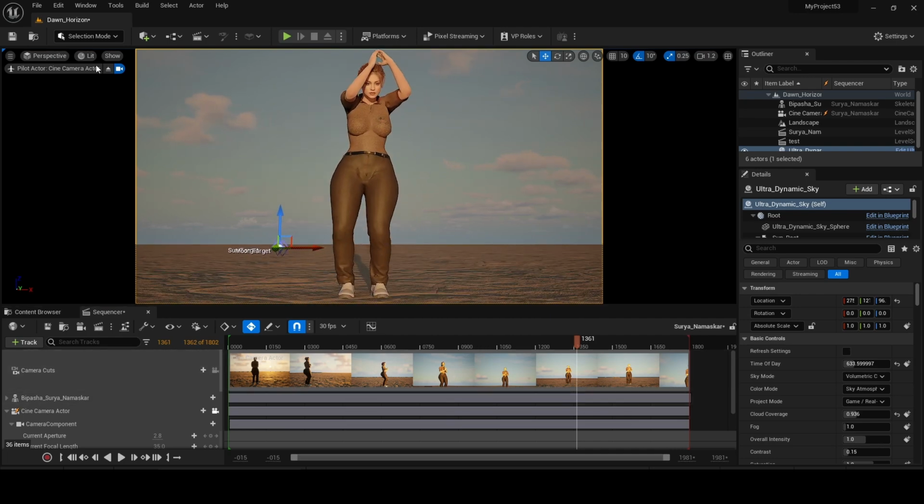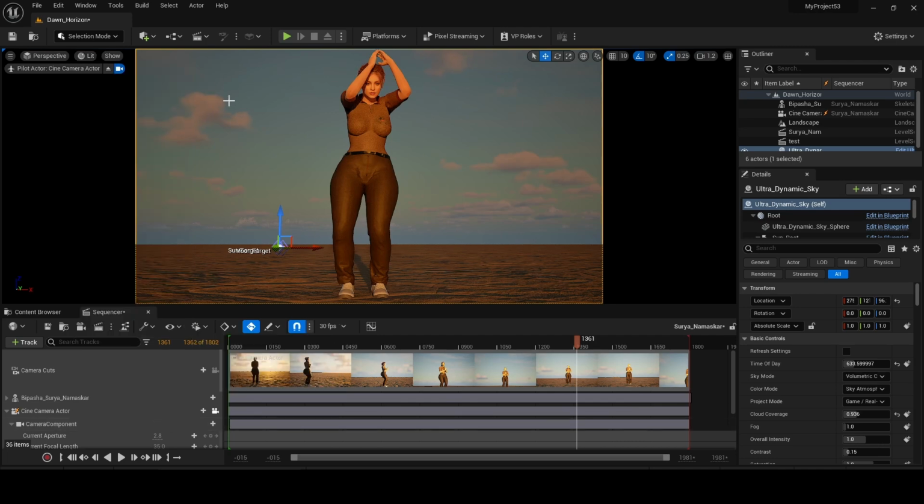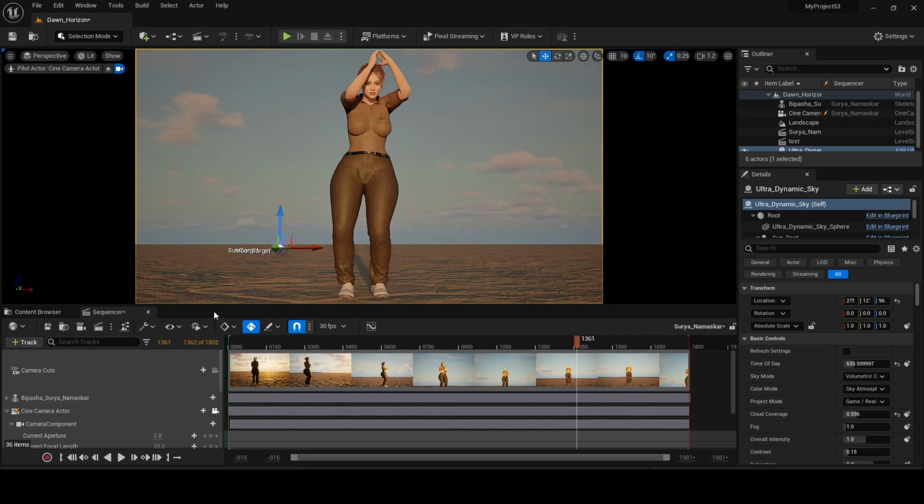If you want to use AgX punchy, then you could select it from here, and you can see the difference between AgX punchy and the default working color space of Unreal Engine 5.3. So I am here using the AgX base, and then